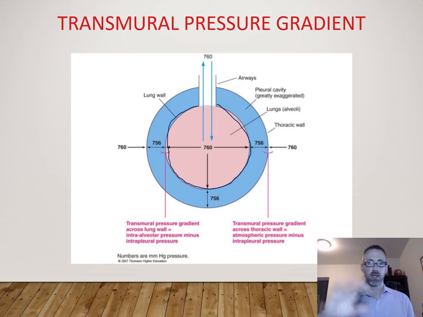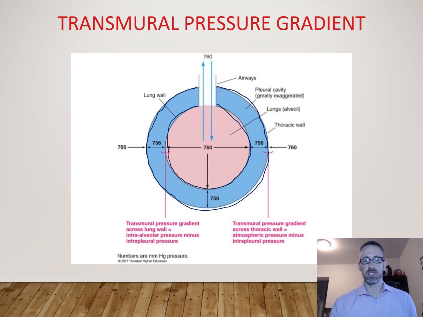So that pink area, that's the inside of the lung. The outermost circle here, right out here, that is the thoracic wall. Now the blue space in between the lung and the wall is the intrapleural space. All right, that's the intrapleural space. Obviously, that pleural cavity, or the intrapleural space there, is greatly exaggerated. That would be a very, very small space in reality, but obviously for illustrative purposes, we're making it a little